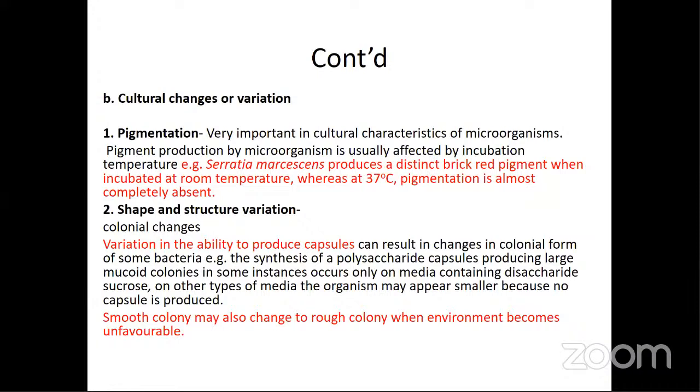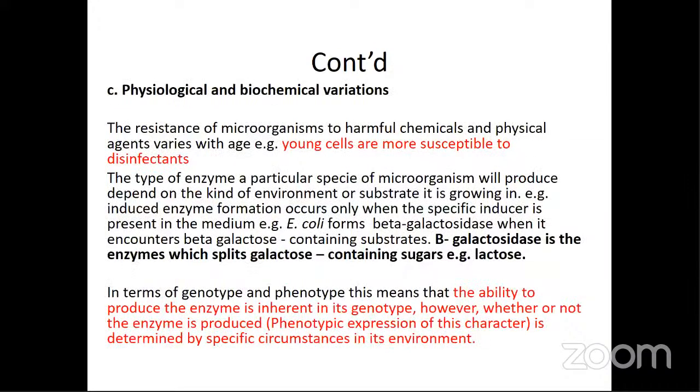You are born, then towards your teenage age, you become very beautiful. As you approach 25 to 35, your skin glows, you become beautiful. As you approach 45, 55, you begin to get dark in complexion, and by the time you are 60, 65, 70, the skin begins to wrinkle. So also with microorganisms. You can also have physiological or biochemical variation or changes.